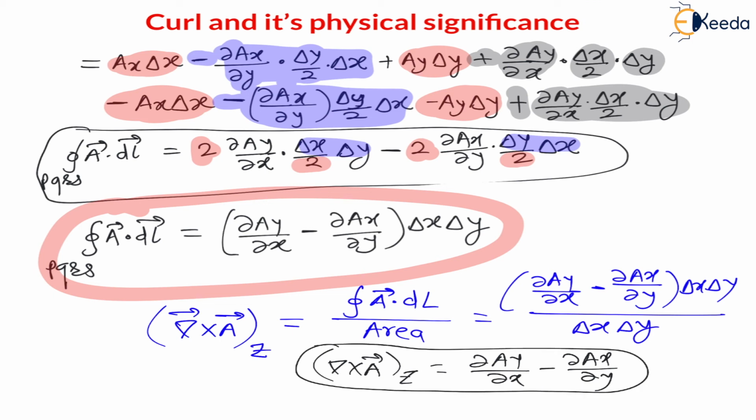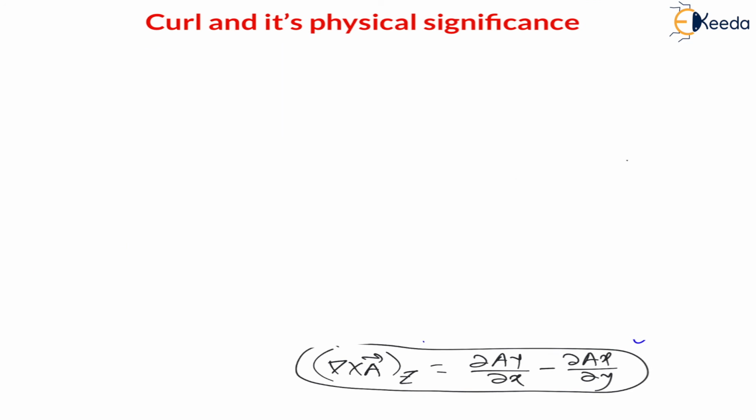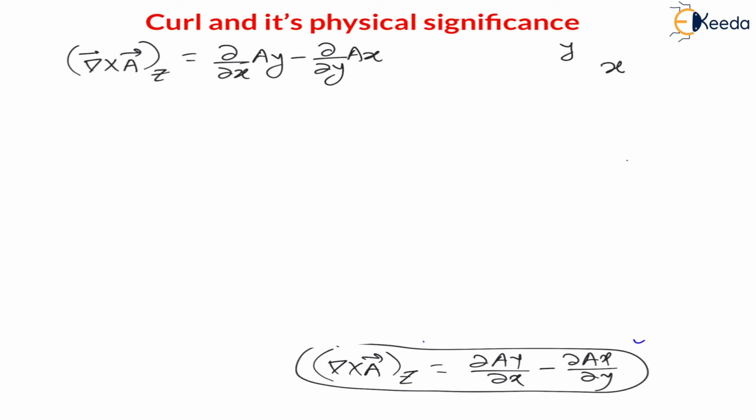Now similarly, let us project the result on the y-axis and x-axis. So as here we have written the z component of curl, this z component of curl will be equal to dou x of ay minus dou y of ax. This is the z component of curl. Now how to write? Let us understand. See, the sequence we have to maintain is x, y, z. Right, this sequence we have to maintain. And in this sequence, x to y, y to z, and z to x, this sequence we have to maintain.